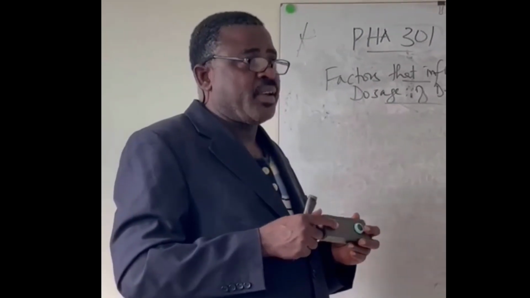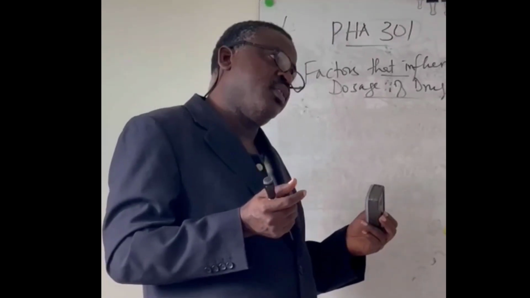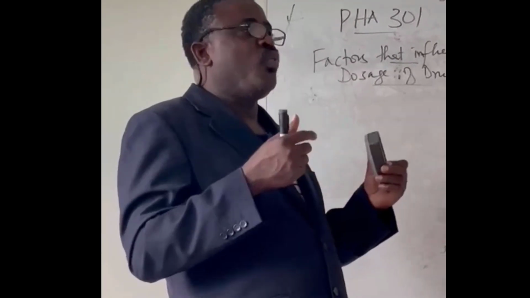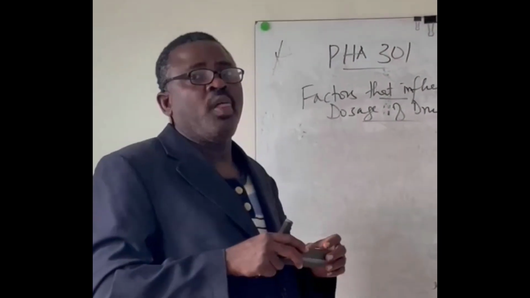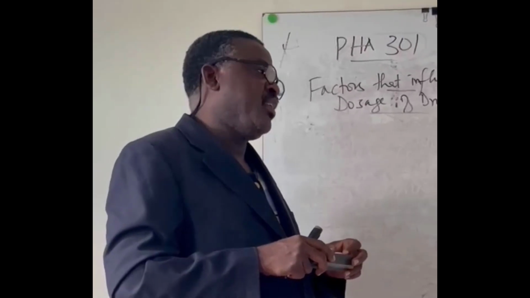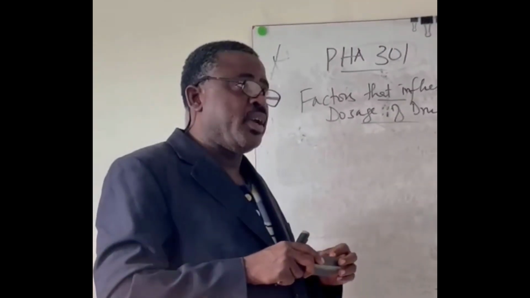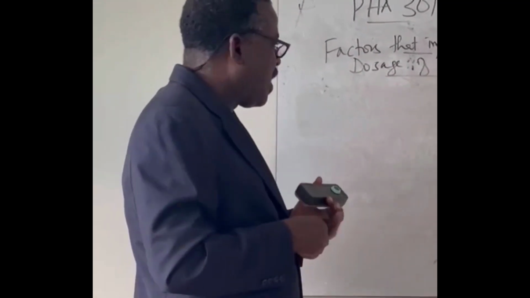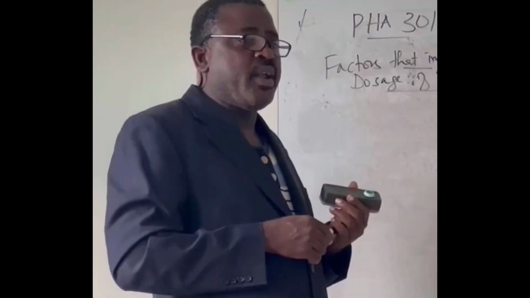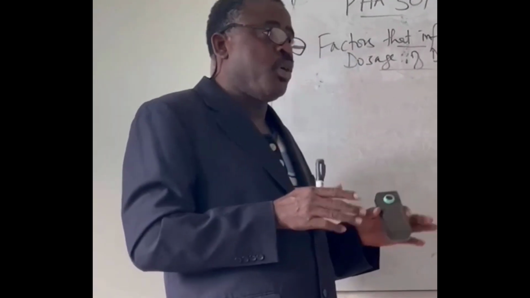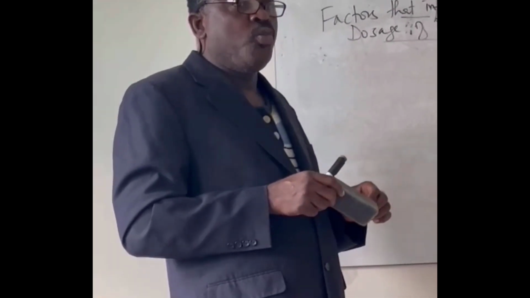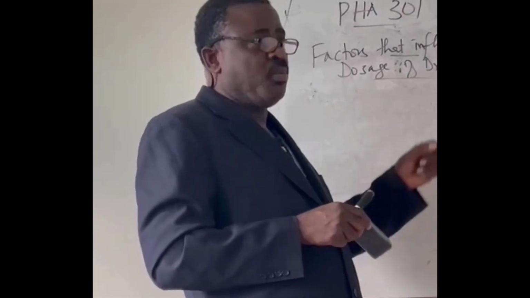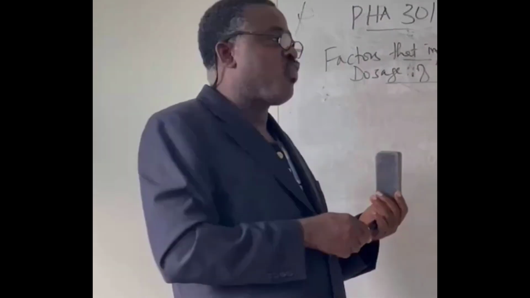Now, having said that, we have seen what drugs look like, how they work, the forms of drugs, all those things that we need to know about drugs. But the only area we are going into is pharmacokinetics and pharmacodynamics. The two are very technical areas because when you take a drug, you must know what the drug does to the body. You must know what the body does to the drug. So that is why you have the two words,